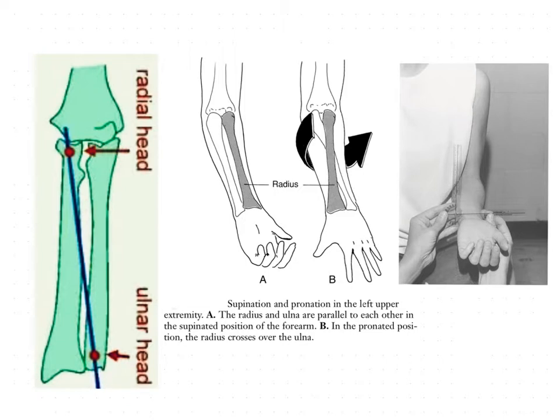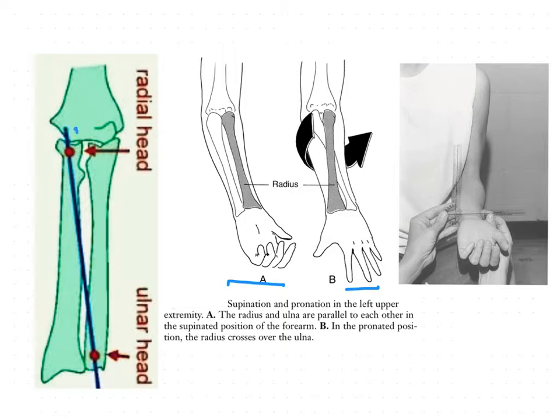Before understanding this axis of motion, what are the movements taking place in radio-ulnar joints? One is supination and another one is pronation. So on which axis are these supination and pronation movements taking place? Now coming to the axis of motion of radio-ulnar joints, the axis of motion for pronation and supination is a